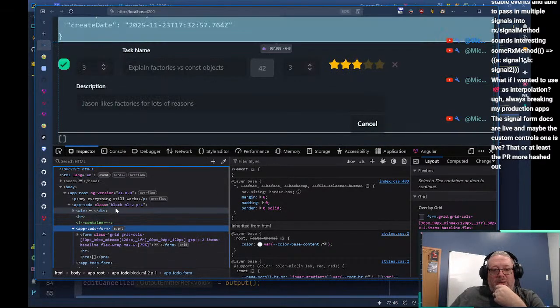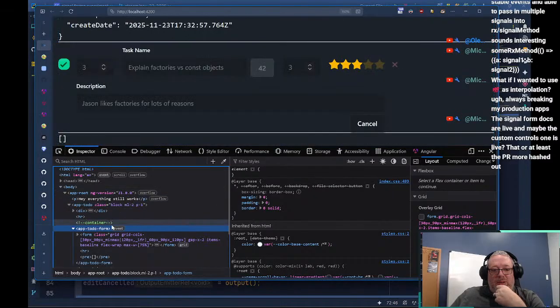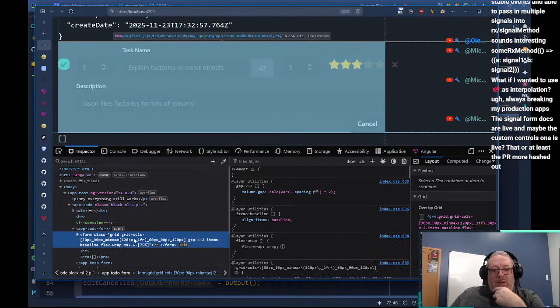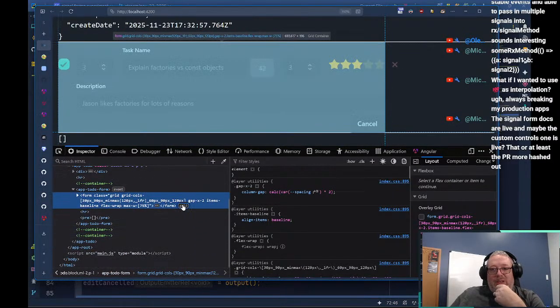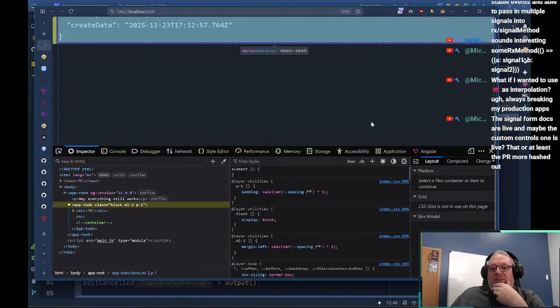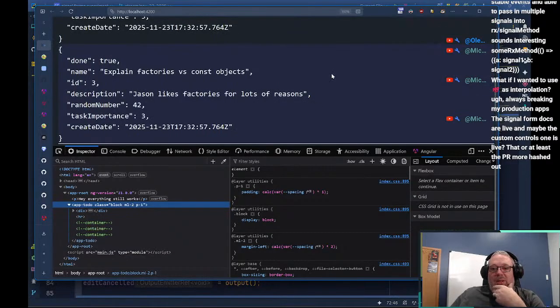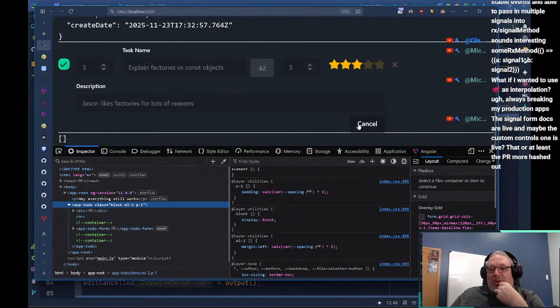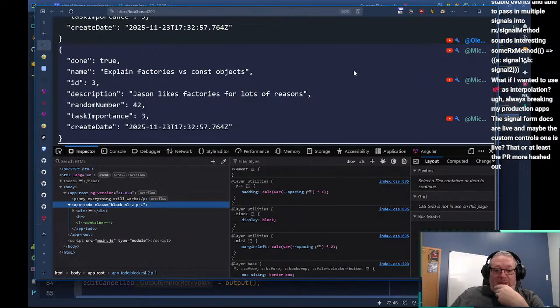Where is my grid? So we take a look at this grid. No, it's just that this is outside of the grid. That's fine. But that allows our cancel button to be full size and get the proper sizing and all of that. So I'm good with that.